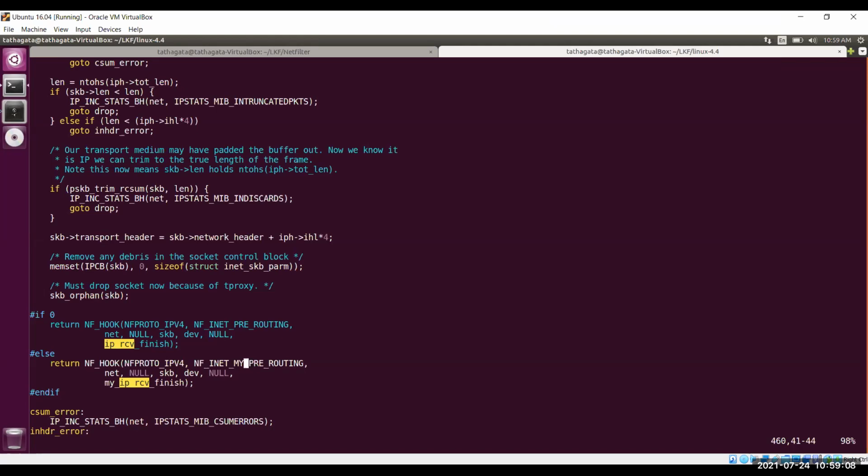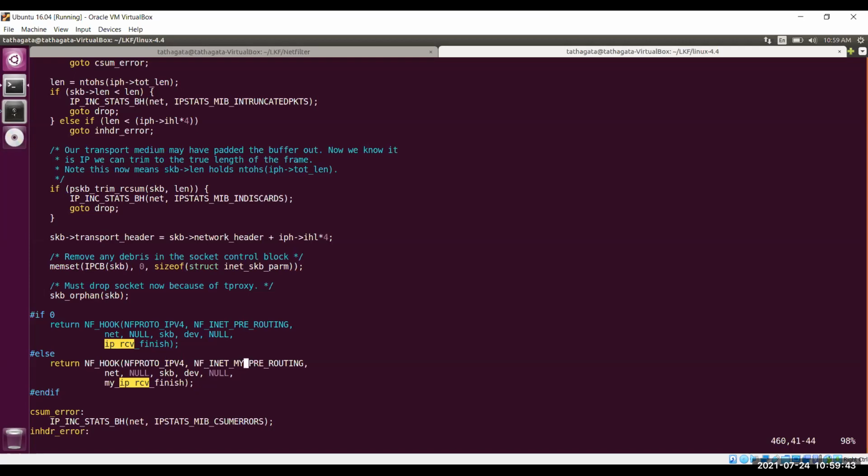Yeah, got it. So again, in the ip_rcv function, you need to call this line. When the packet is entering ip_rcv, first all the callbacks associated with the NF_INET_MY_PRE_ROUTING hook point will be called, and after those callbacks are called, then my_ip_rcv_finish function will be called.